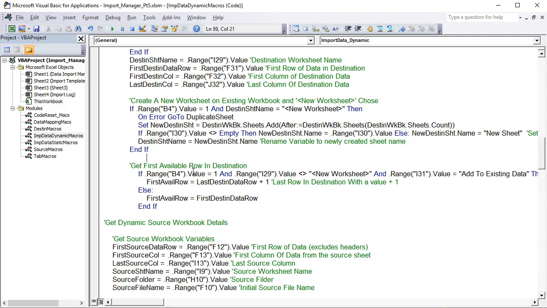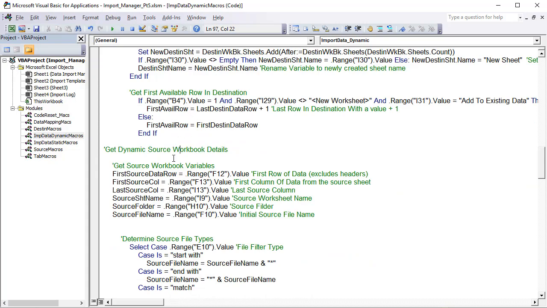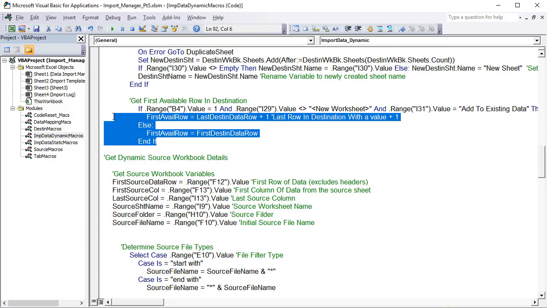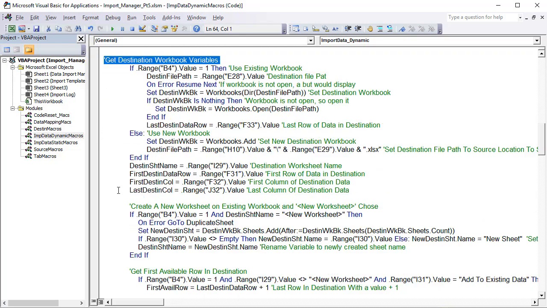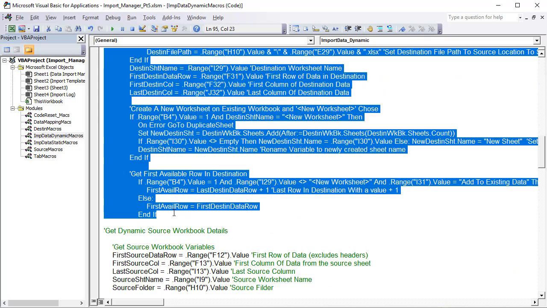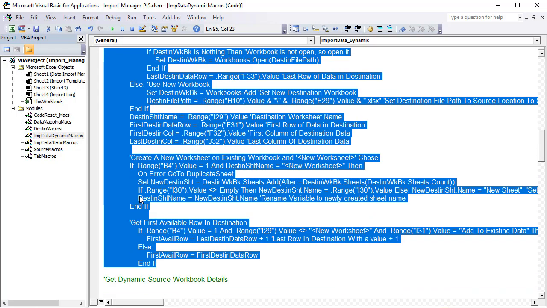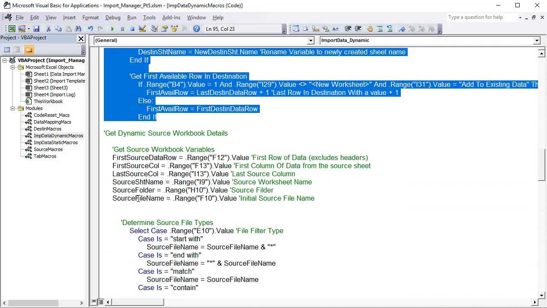All right, next up, we have the get the first available row in the destination. We know that that's important. That's based on whether it's a new workbook or an existing workbook. First row. Now we're ready to get the dynamic. All we focus on is the destination, and nothing changed in this code here. Everything between here and here is all the same, because our destination isn't going to change much at all. The only thing that we're going to be doing is putting data from multiple workbooks into that instead